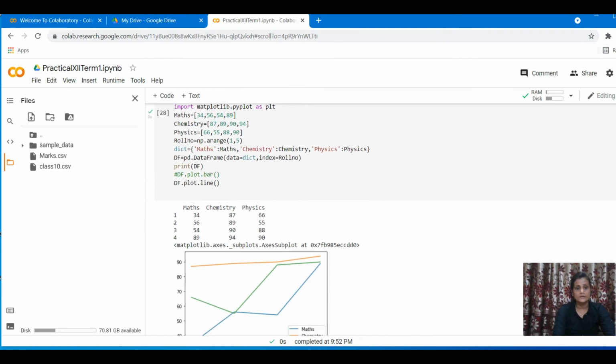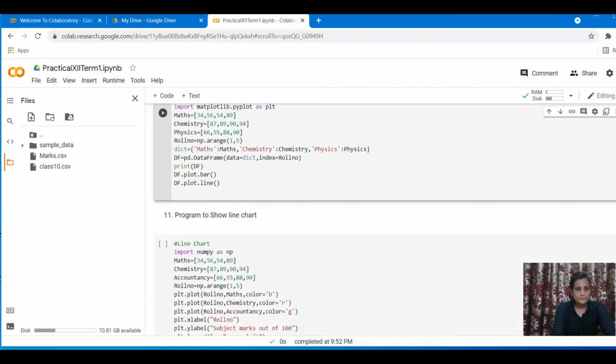Or directly, if you want to visualize your data, this is what you can do: df.plot. What exactly does this mean? It means the data frame that you have, we want to plot a line graph of it. That's the beauty of the Python language. It is very expressive. Directly, whatever you want to get done, you use it. And with the libraries, there is nothing that you cannot do. Simply you have to import the library and you should know the documentation of the library to use the various functions.